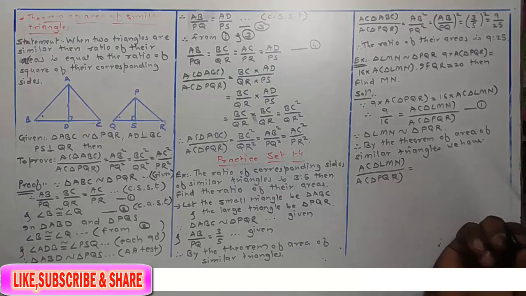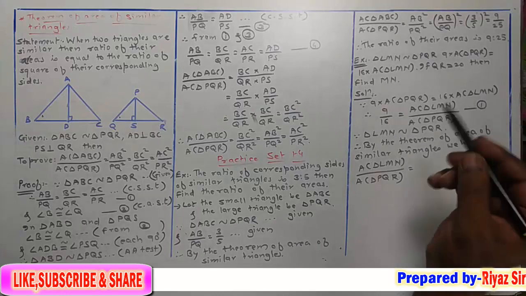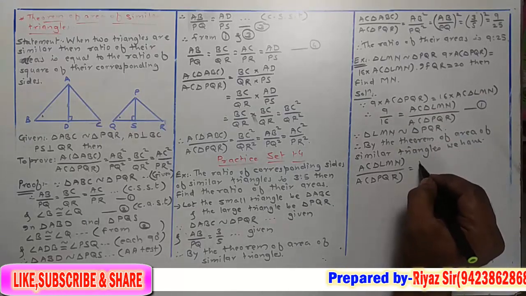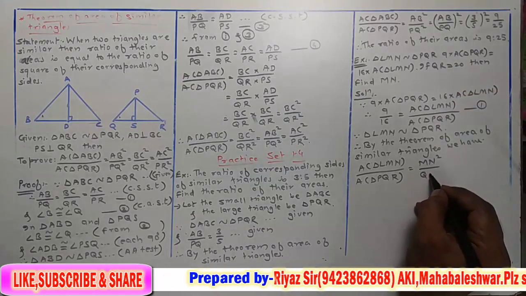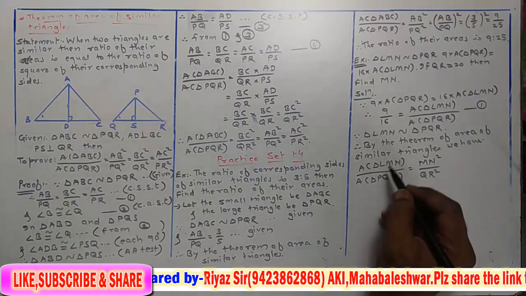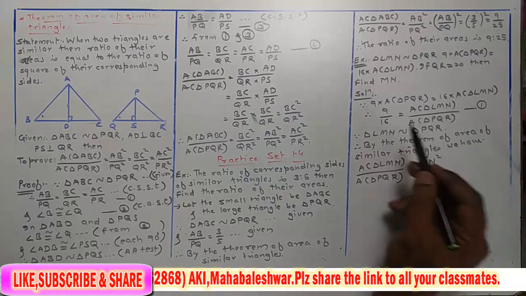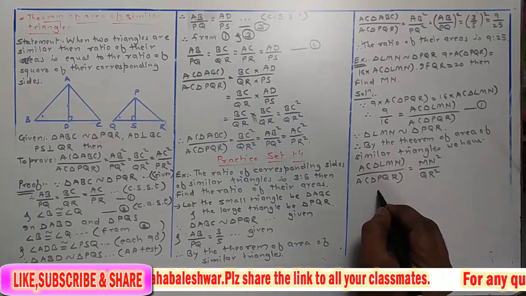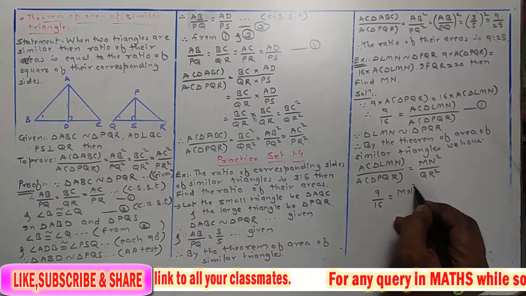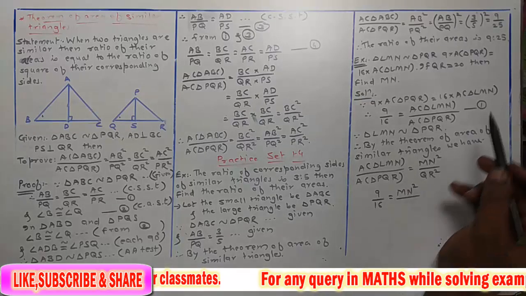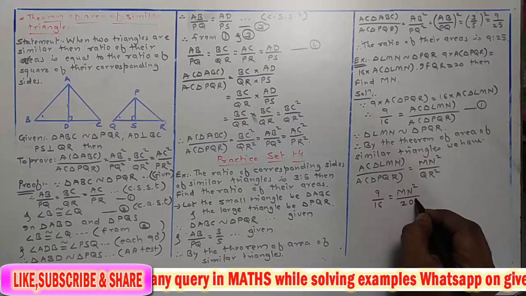is equal to, now one side we have to find and one side is given, right, corresponding side. So here from the first triangle MN side we have to find, so we will take MN square upon second side, it is QR square. Now area of triangle LMN upon area of triangle PQR, that ratio is from equation 1, that ratio is equal to 9 upon 16. So we put that value here, 9 upon 16 is equal to MN square upon QR square. But what is QR? QR is given, that is 20. So we put that value 20 here, 20 square.